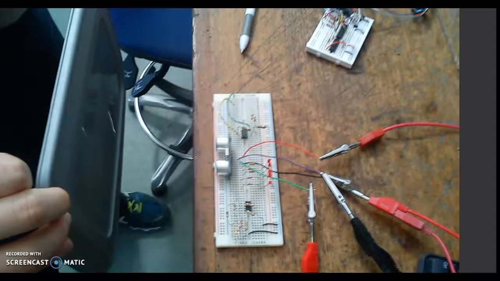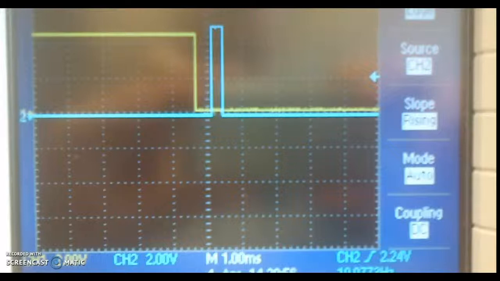We can see that at this given distance, the blue waveform, which is the waveform for the echo or channel 2, has a high signal for a limited period of time. This implies that the distance of the object from the sensor is short, and it means that it only travels a very small